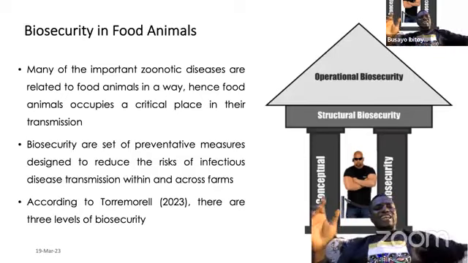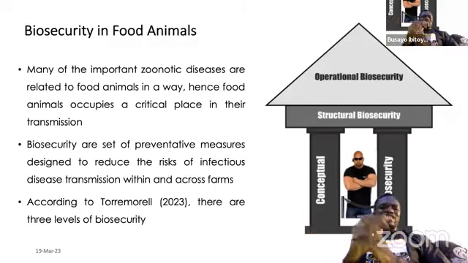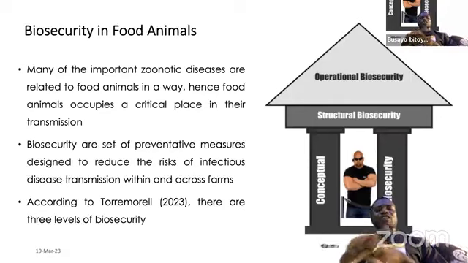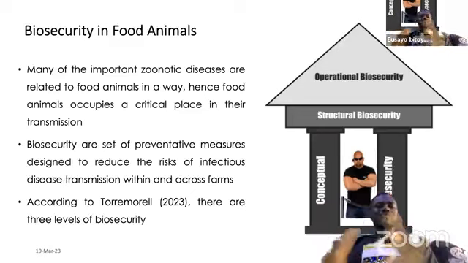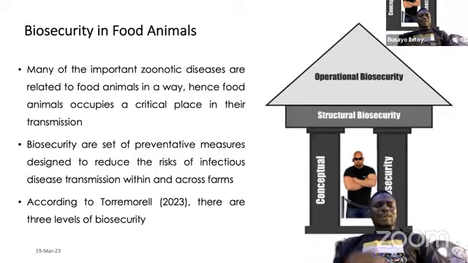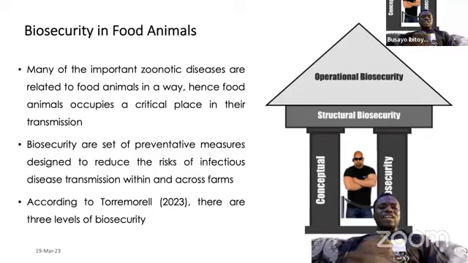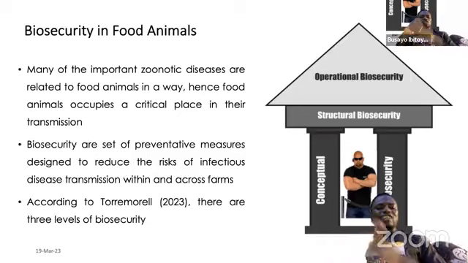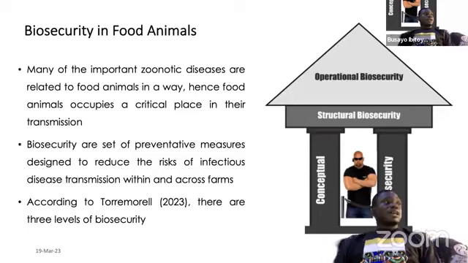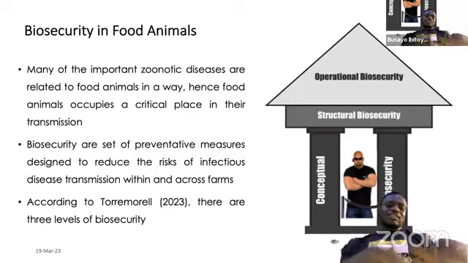Now, as we said earlier, food is vital to the spread of foodborne zoonosis. Food is key because many of the zoonotic diseases that we have are related to food animals in one way or the other. Thereby, the way these animals are produced and farmed needs to be looked into critically, to prevent these animals from getting infected with any of these zoonotic pathogens